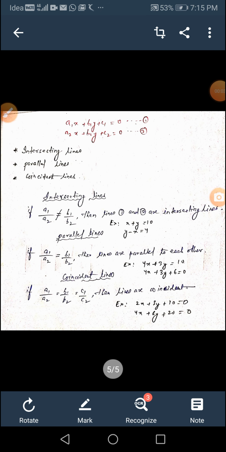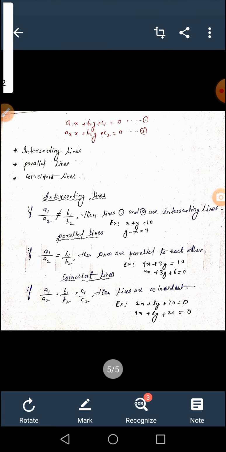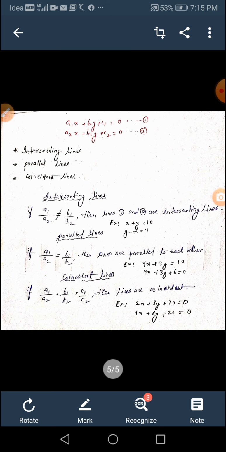Now in the same exercise 3.2, moving to the next topic. Here we have, see,